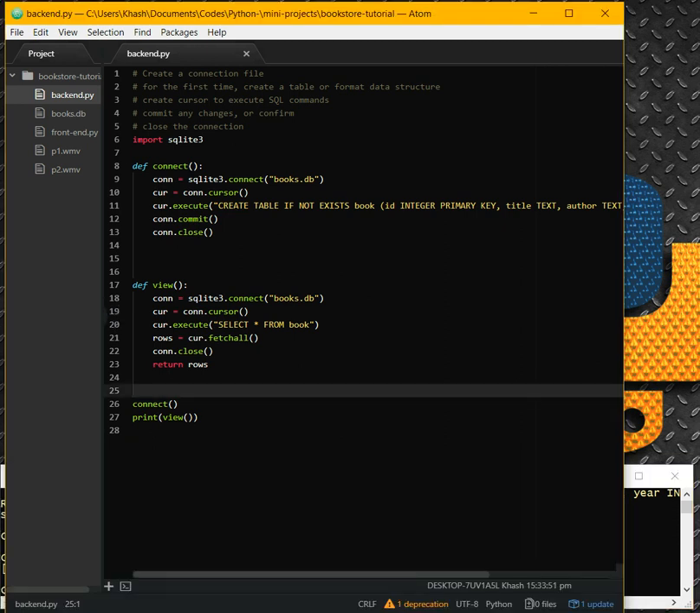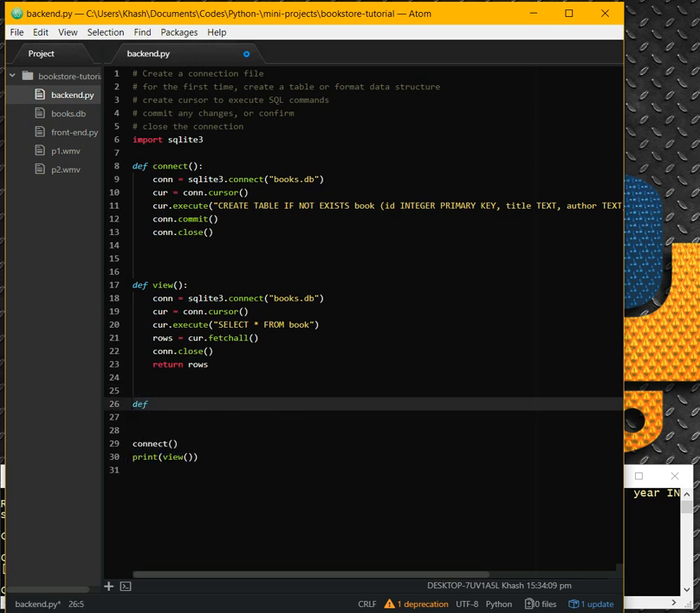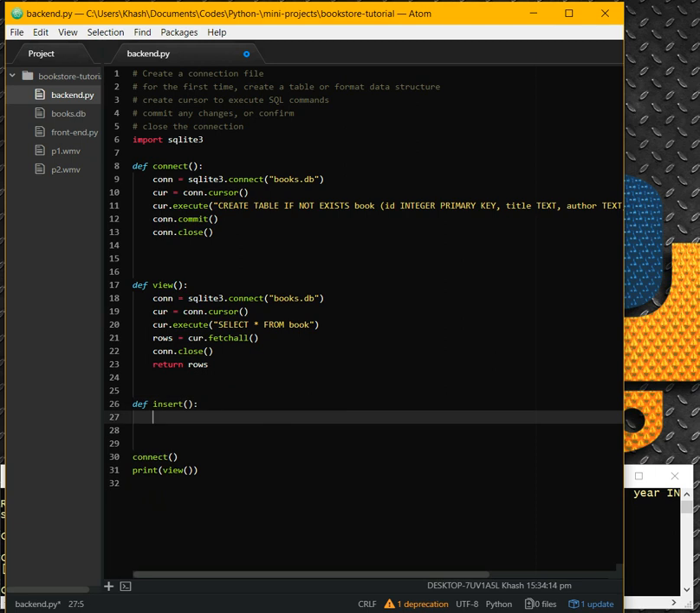Okay, and also what I'm thinking, we can use this view every time we call any function, so we can call this function inside another function. Alright, so let's now start with our very important function, which is insert. So I'm going to define insert, and it will be again